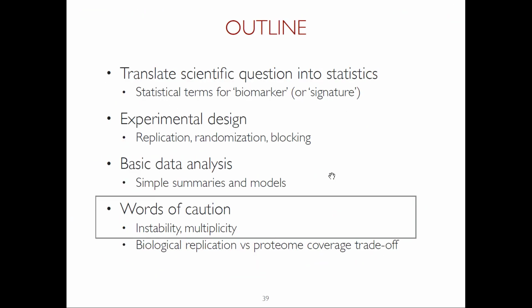Okay, so then the next thing is, I promised I will tell you things to be careful with, especially when we talk about p-values. P-values have received a lot of somewhat negative attention recently, to the point that some journals say we will not publish p-values anymore. It's true, and there are some good reasons for that. I'm not saying not to use p-values, but I'm saying it's really important to be aware of the limitations